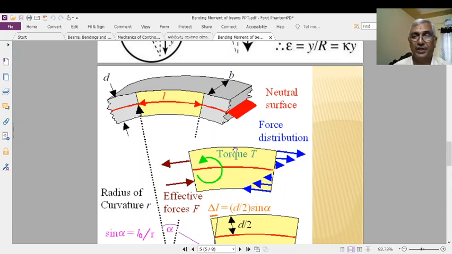In this yellow portion, see this side from the neutral axis. The first layer will get less force, the second layer will get more force, and the top layer will get maximum force. Here also, in the downward direction, the forces act in this direction, because they are contracted. Very close to the neutral layer, it will get less. The first layer gets less force, the next layer gets more force.